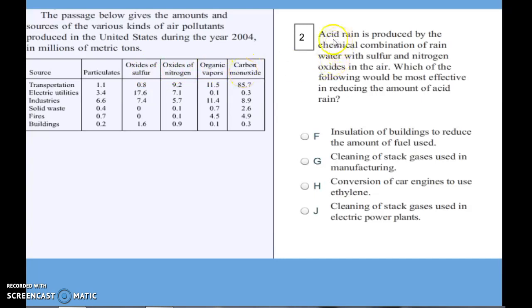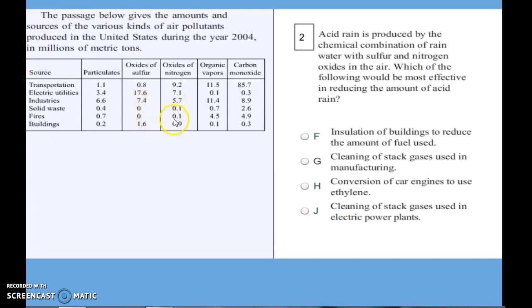The question, however, is looking at acid rain, and it's produced when you have water or rain mixing with sulfur and nitrogen oxides. So that pretty much does away with these two over here. We're just looking at oxides of sulfur and oxides of nitrogen. So it wants to know which of the following would be the most effective in reducing the amount of acid rain. Well, we can look over here and figure out what produces the most acid rain by adding